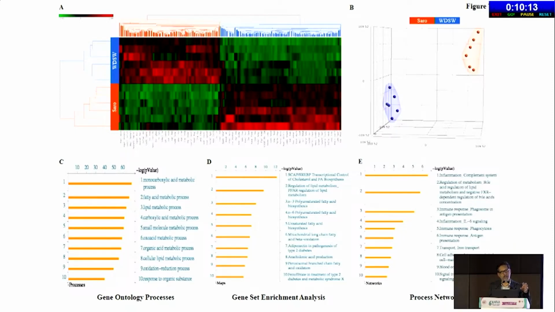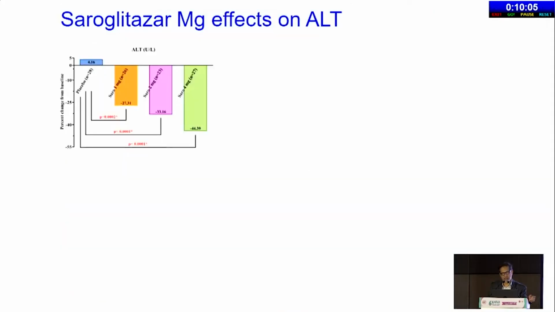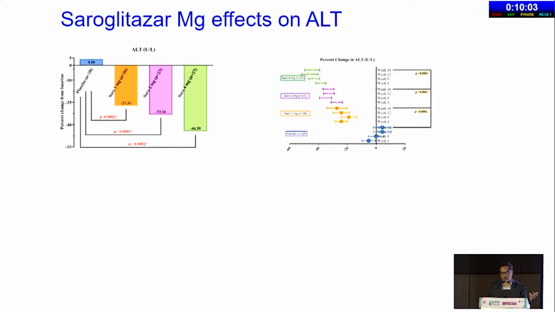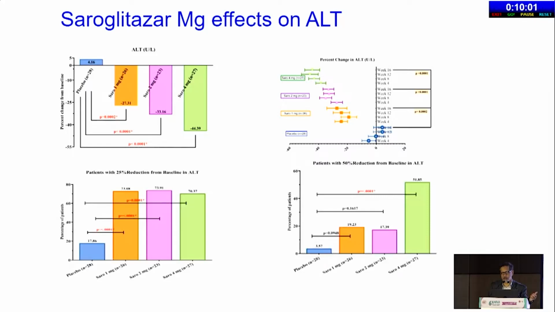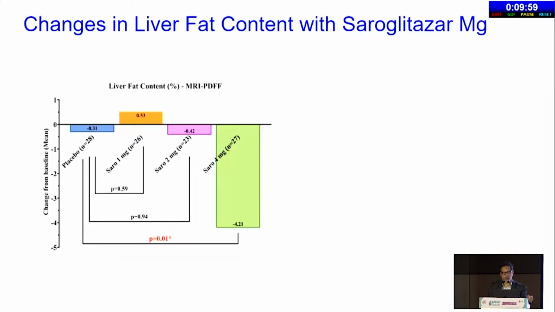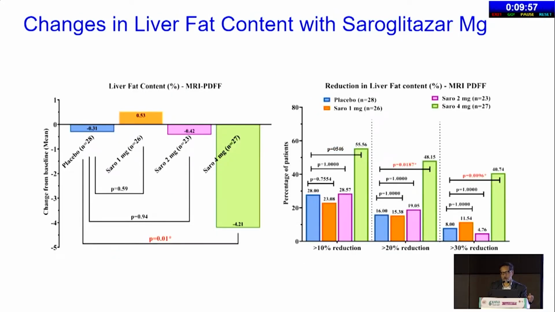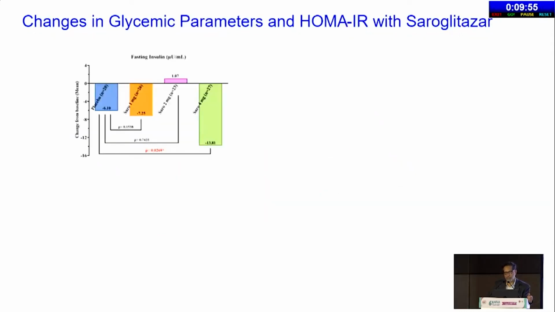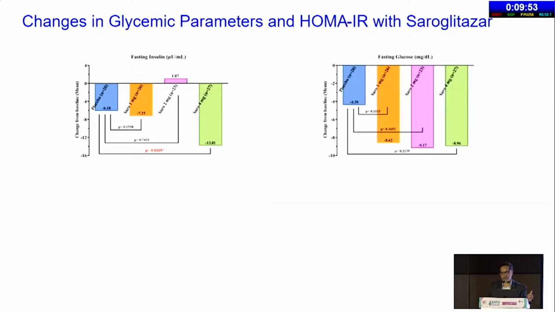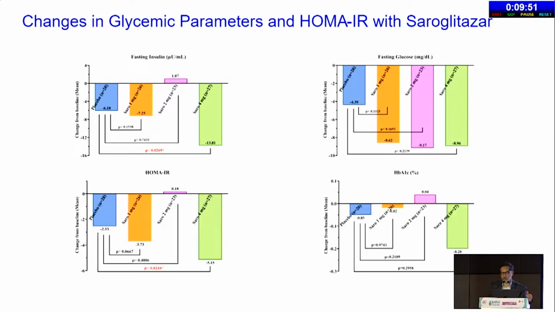So not only does it have the conventional metabolic benefits, but actually cools off the inflammatory response in NASH as well. And it has been shown in early studies to improve ALT and also liver fat content in phase 2 trials. And glycemic parameters,